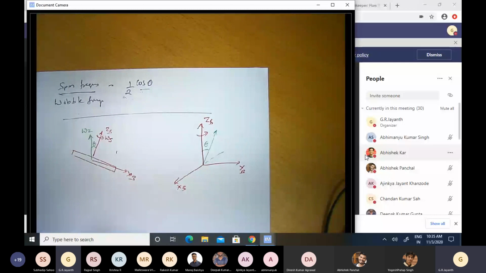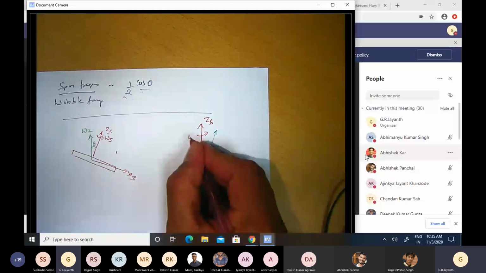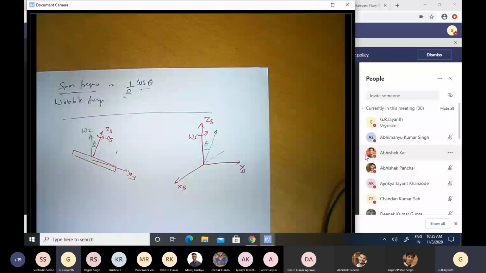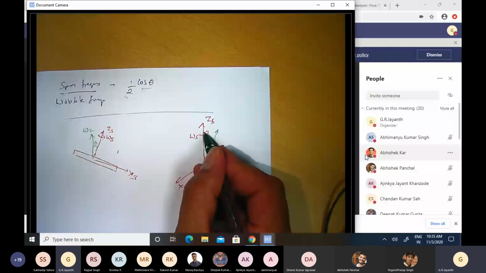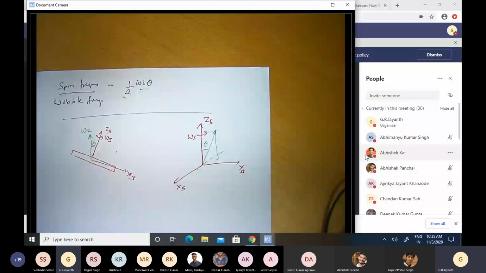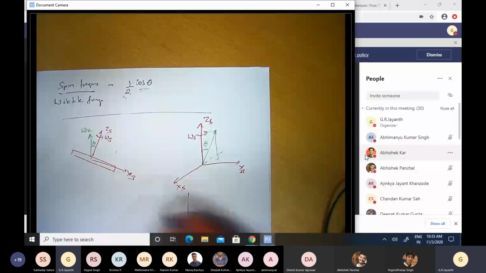So what will happen to the components of this vector? It will change in the clockwise direction as a function of time. The Z component will remain the same, that will not change. The X component and the Y component, however, will change as a function of time as that angle changes. And just from this schematic, we can quickly write what the XYZ components of the total angular velocity omega would be.